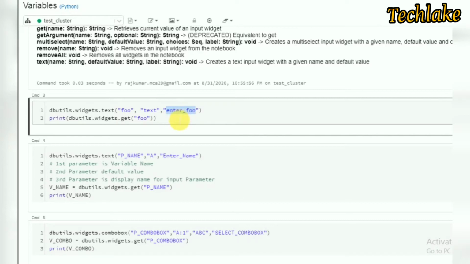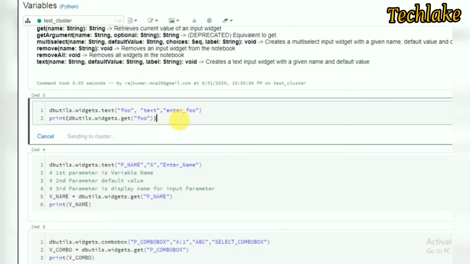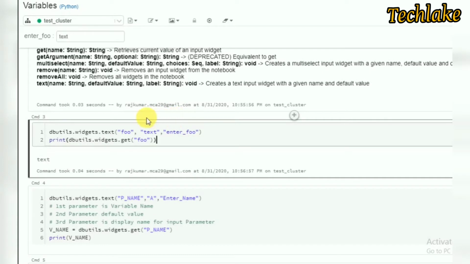Let's run this and see how it is created. When we run this, it is automatically created at the top. Enter foo is the label name, this is the value, and this is your widget name.